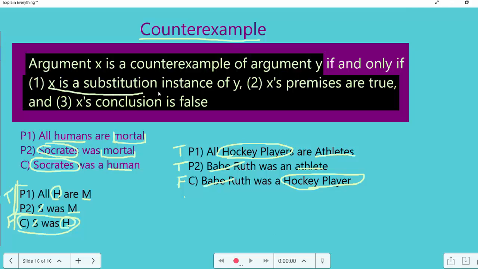It satisfies our first criterion. All of its premises are true. That satisfies our second criterion. The conclusion is false. So that satisfies our third criterion. And it needed to satisfy all of those. So since it satisfied all of them, it is in fact a counterexample, and it proves this original argument